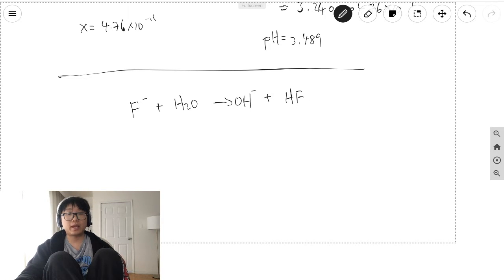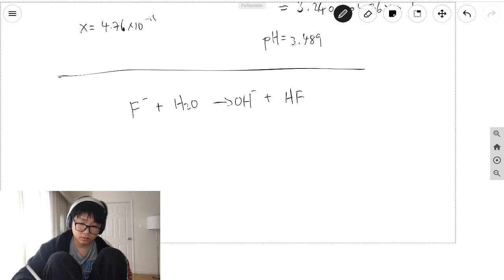And what happens if you can't find a Kb? You can find the Ka of what and then calculate from there. Oh, so they do have one: 1.4 times 10 to the negative 11. So if you found a chart that doesn't have that,